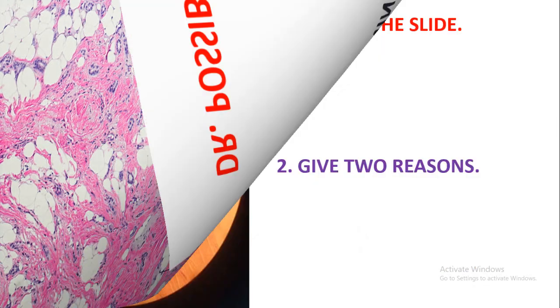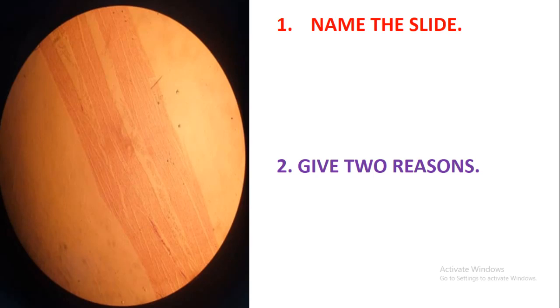Let's quickly get started. The first question is: name the slide. In this case, we have been given this slide and asked to identify it. This slide is simply the tendon, which you can also call the white fibrous tissue. In case you are asked to give reasons why this is a tendon,